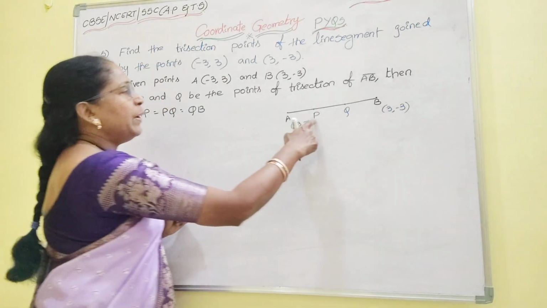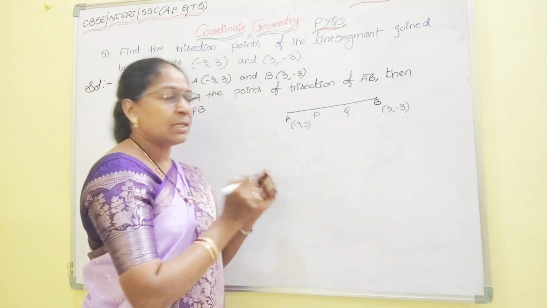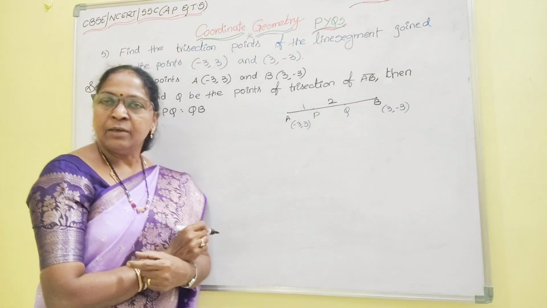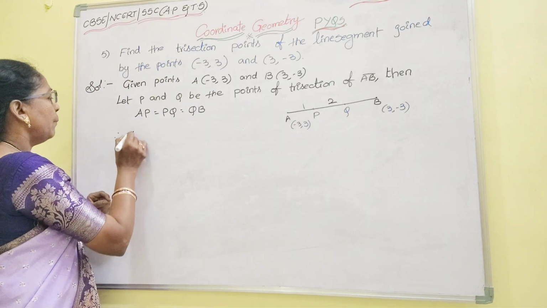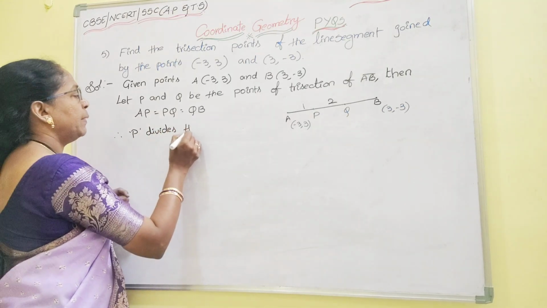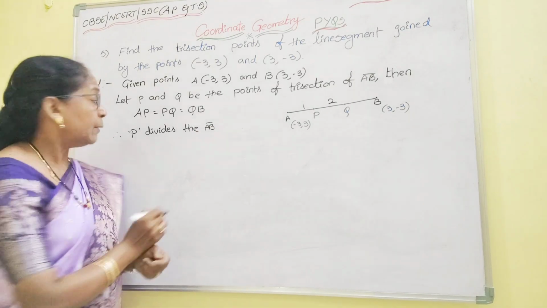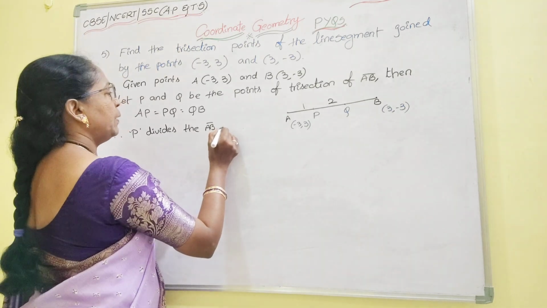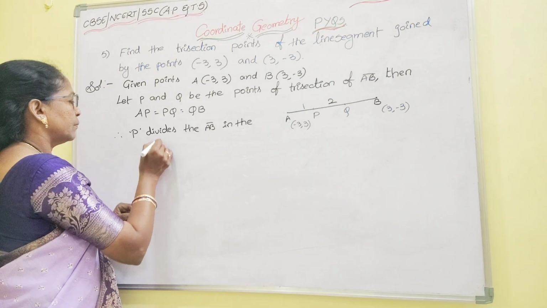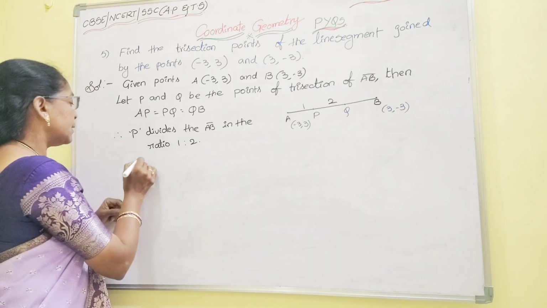Now here P divides this line segment into which ratio? Here there are 1, 2, 3 parts. That means P divides the line segment into the ratio 1:2. So first you write down: therefore, P divides the line segment AB in the ratio 1:2. Then, using the section formula,